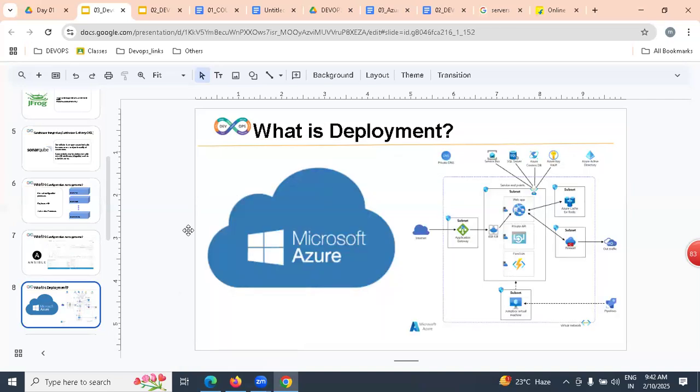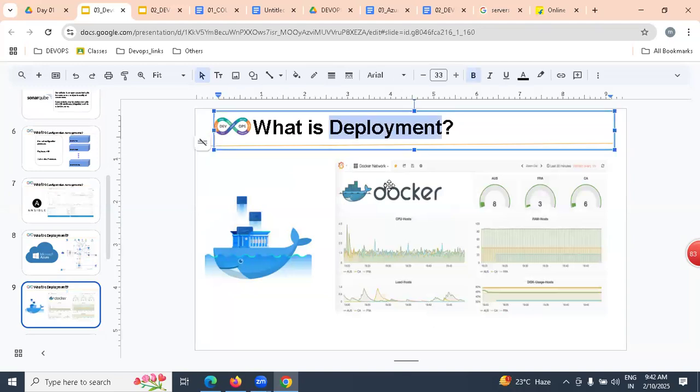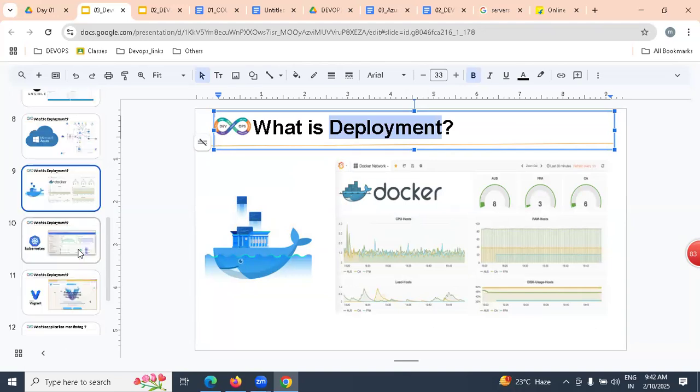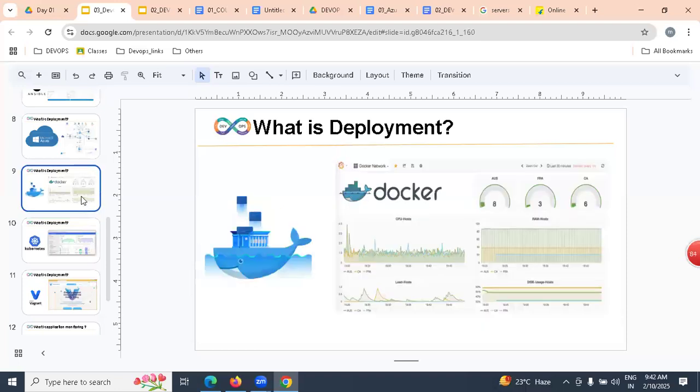But not only deploying our websites on Azure servers, we can also place our websites on Docker containers. A Docker container is an isolated area where you can place our websites very easily, with low cost, high quality, and high performance. These Docker containers we can monitor, control, or manage with Kubernetes. Kubernetes is an orchestration tool. With the help of Kubernetes, we can manage or control Docker containers.